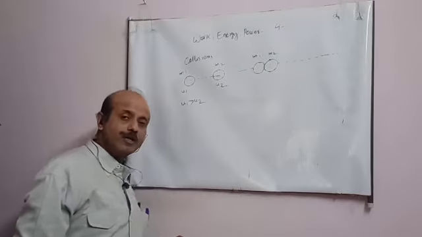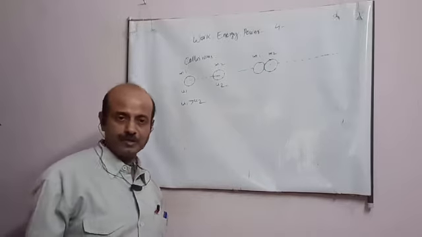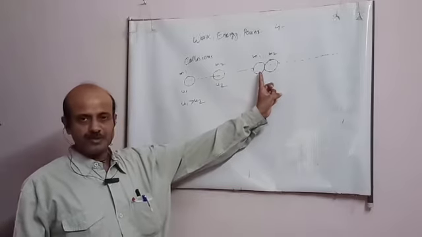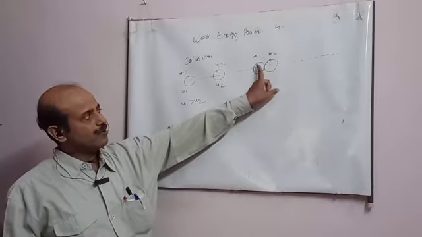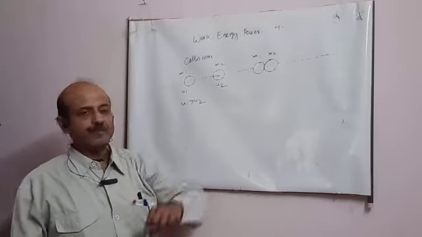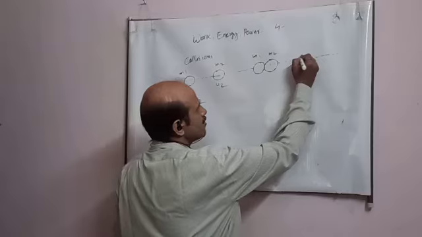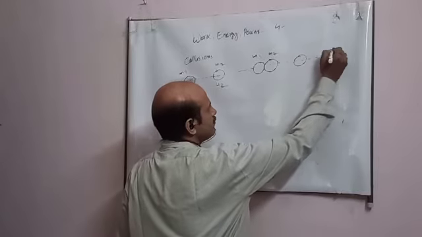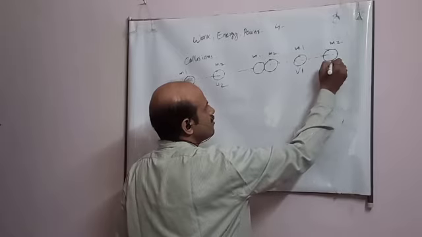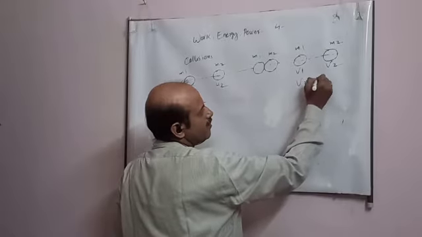Now after collision, what will happen, student? Who will move with greater velocity? Since it is a straight head-on collision, this M2 will not allow M1 to go forward. So M1 will be behind. After collision, this is the velocity: M1 will move with velocity V1, M2 with V2, and V2 will be greater than V1.